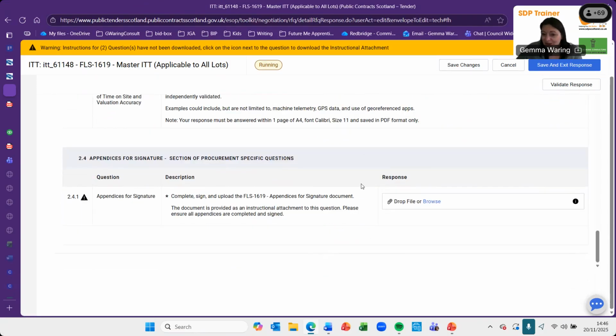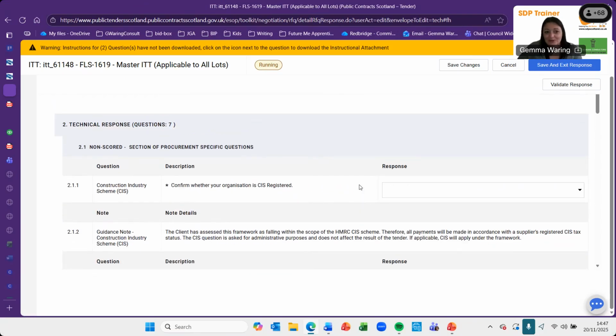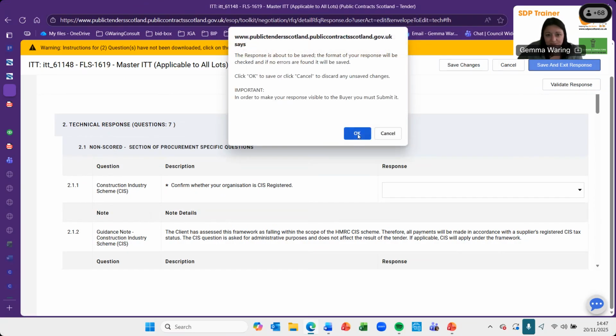And then you've got the signature page here, which again is in your buyer documents. It's asking you to sign a set of appendices, which will be related to the form of tender, the validity of the tender, to say you've not colluded, to put pricing in for the tender, all of that sort of stuff. And then you upload that one on here. So obviously today I can't go through and answer all these questions and upload all the stuff for you, but once you've done all of that, you will be given, if I just save and exit here,